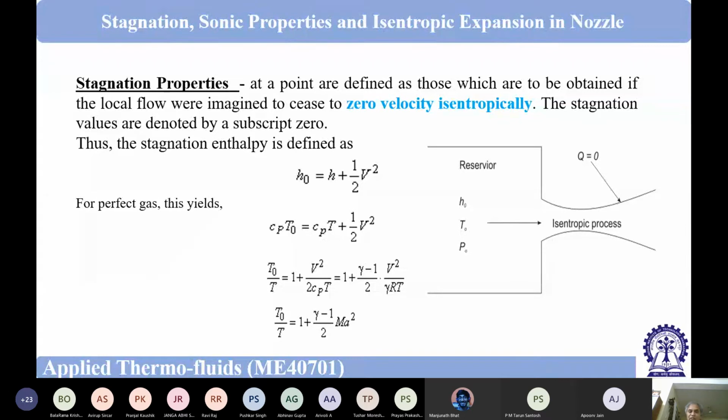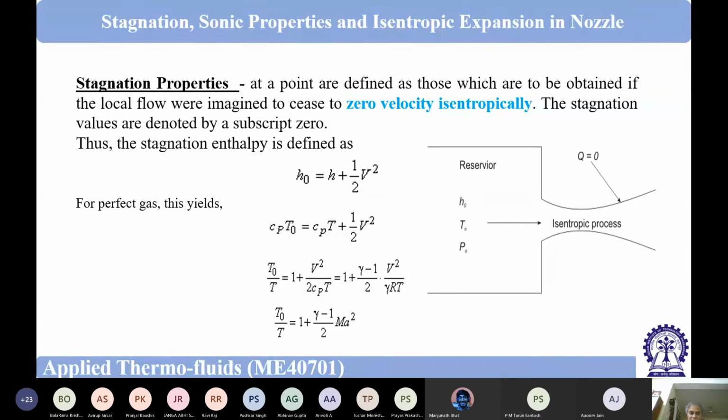He told, no, this has to be very quick. And if it is quick, then there is no heat transfer. Then the process is adiabatic. PV to the power gamma is equal to constant. And from there, if you derive, so please derive, somebody who is having a doubt, then the sonic velocity came that C is equal to root over gamma RT. You can do it, no? I have not put one slide for this derivation. Okay, so I hope that you will be able to do it.